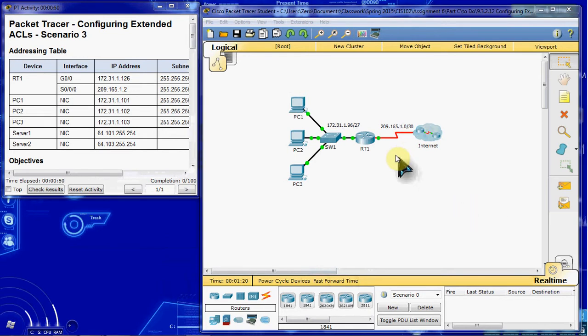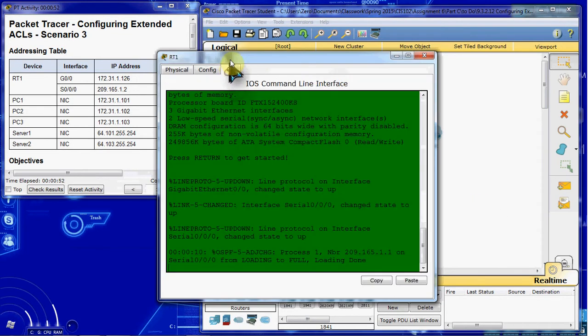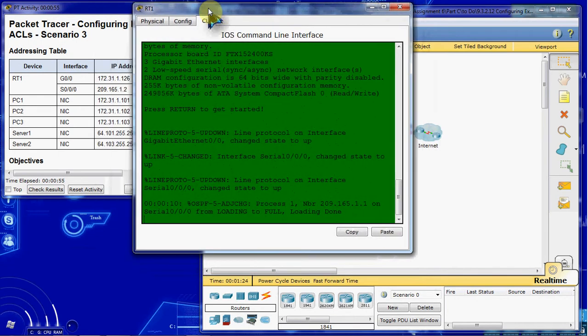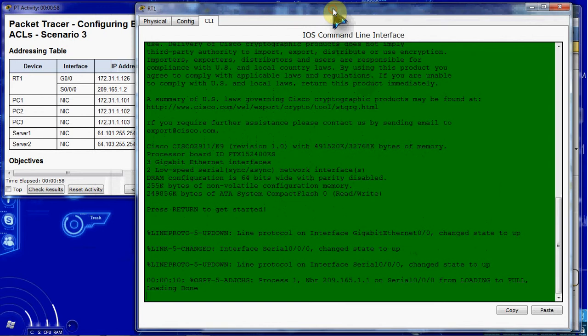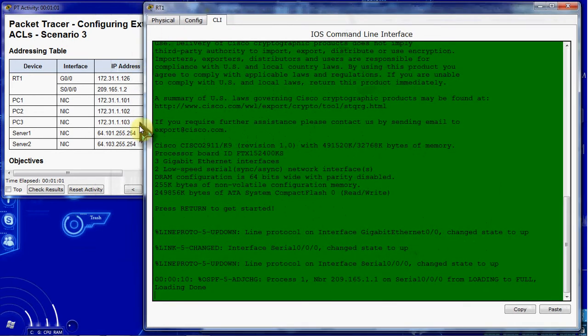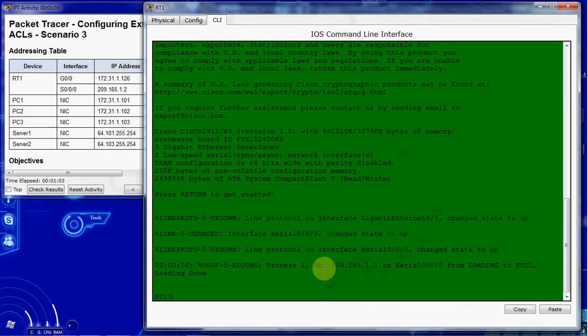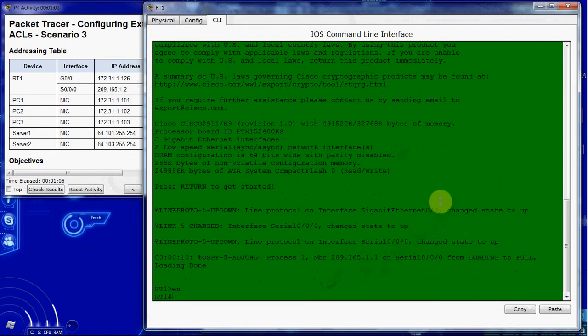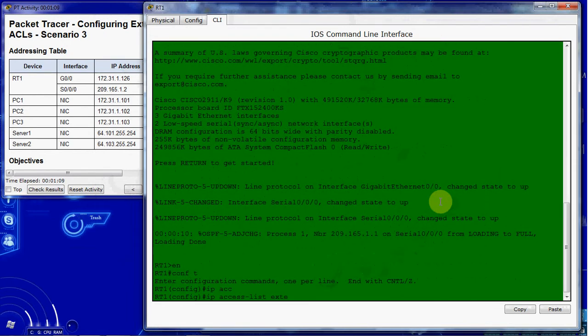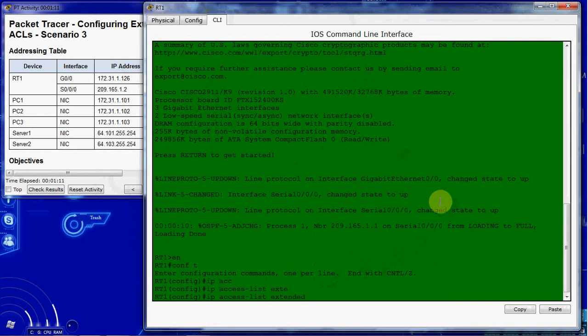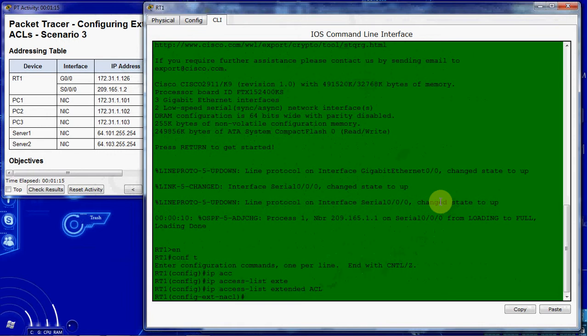So to begin, we'll jump into our router's command line interface, and I'll make this a little bit bigger so everybody can see. Try to keep my addressing table over here. And we're going to want to start by getting to the global configuration mode and creating our extended ACL. I'm just going to call it ACL for this. And then we want to start by denying PC1 access